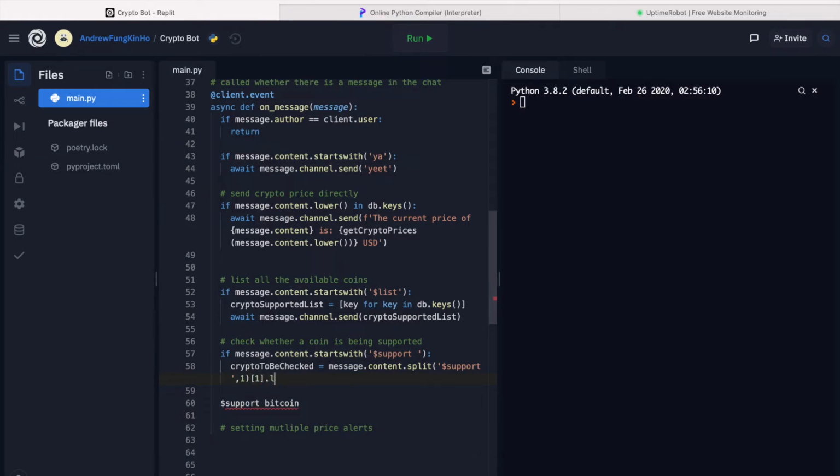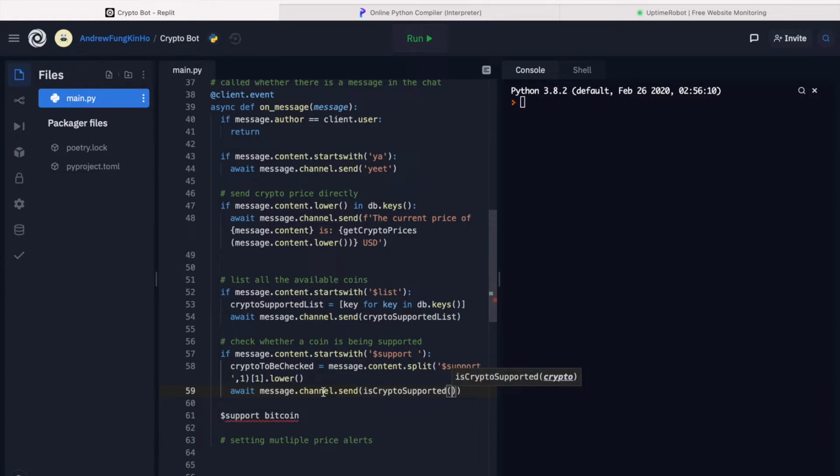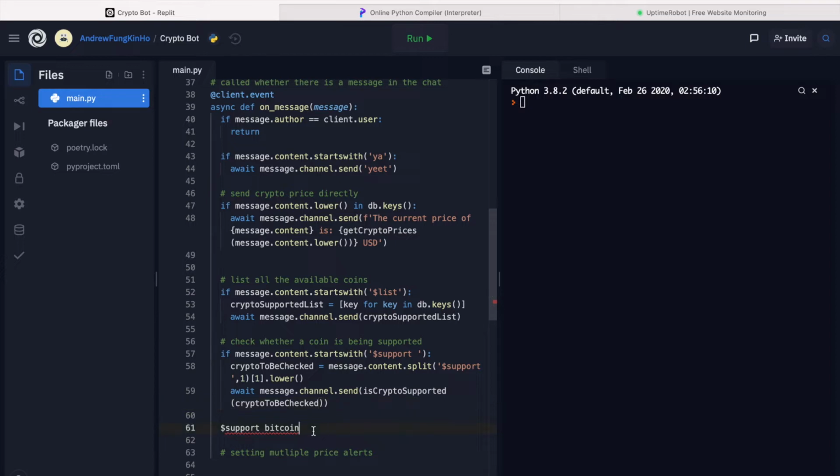And we also don't forget to convert it to lowercase because the database uses lowercase cryptocurrencies. And then we await the message.channel.send as usual, and we use the is crypto supported function that we defined in the first video, and we put in the input, which is crypto to be checked, and that would return us with a boolean response, true or false. Okay, so that takes care of the first 3 tasks.